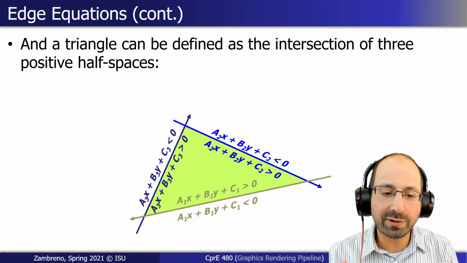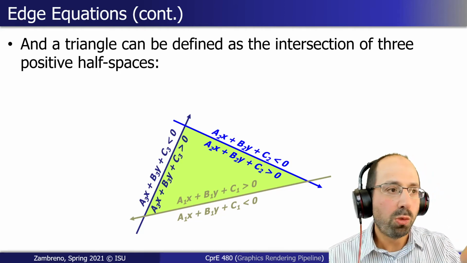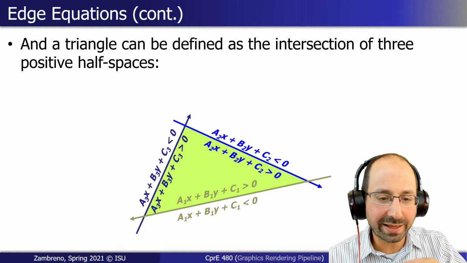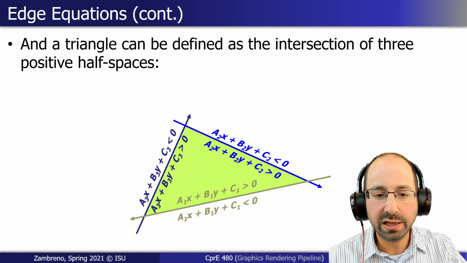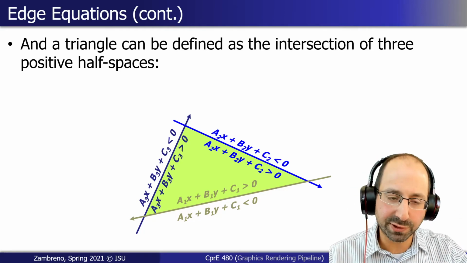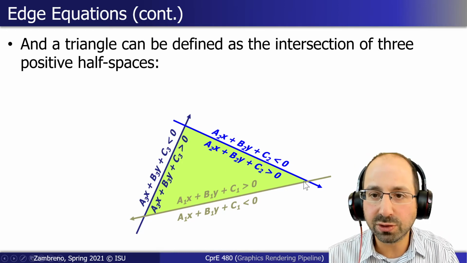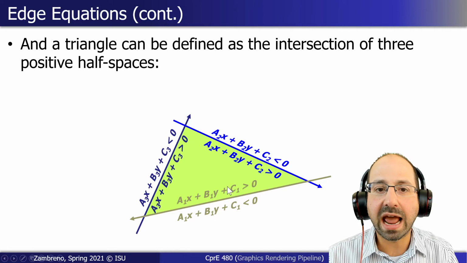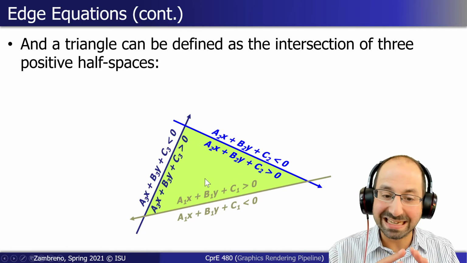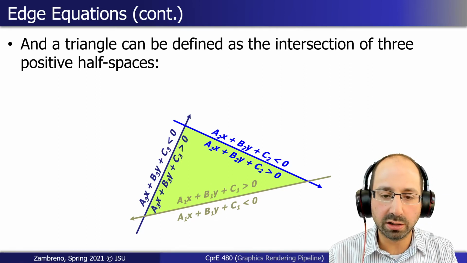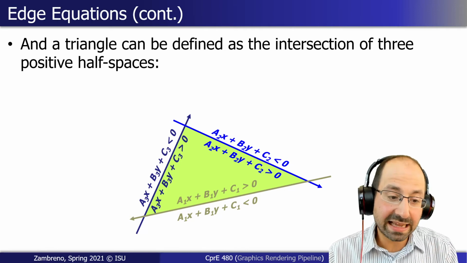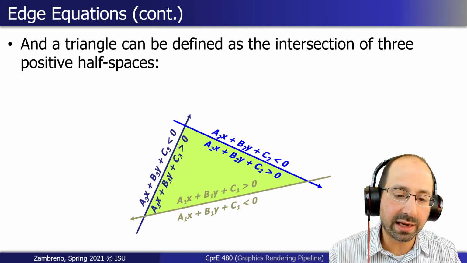We may also have to then reorder our vertices here. We have to do so consistently because we can't change the orientation of our triangle, but we may have to change which point is the first vertex, which point is the second vertex, and which point is the third vertex. And if you do so consistently, you can get the three half spaces to correspond to the interior of that triangle. So our math becomes not easy, but in terms of what we have to calculate, we don't actually